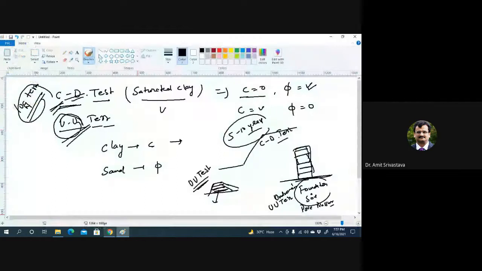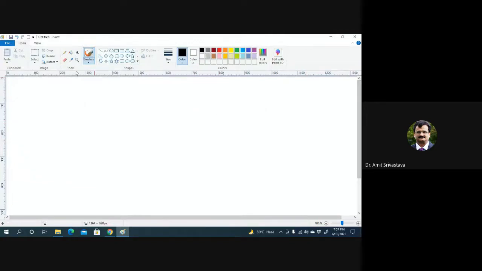Now coming to another confusion that normally students have in their mind, that whenever we talk about cohesion, they say that it is clay. And whenever we talk about angle of internal friction or friction angle, they will simply say that it is sand.